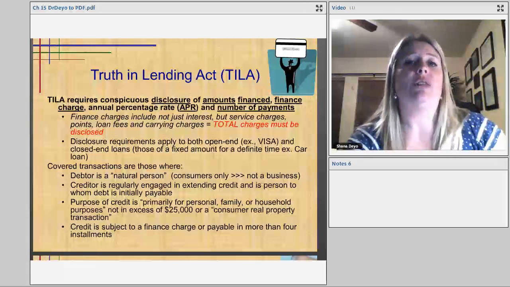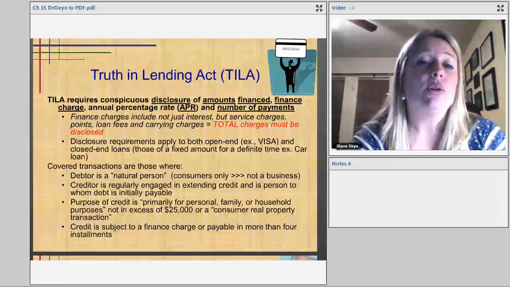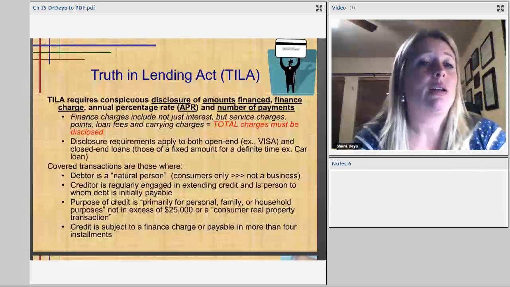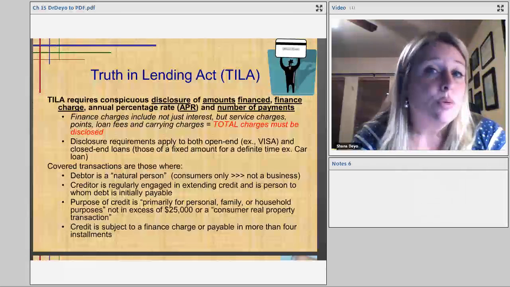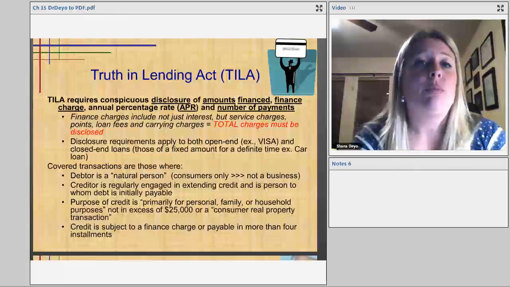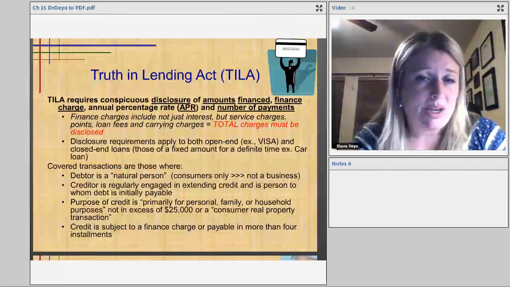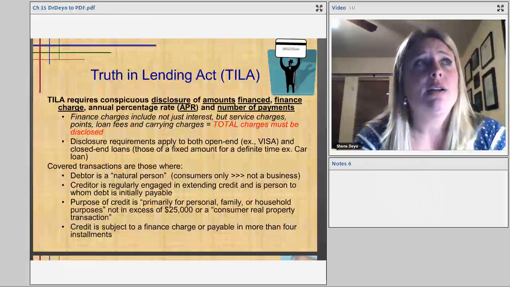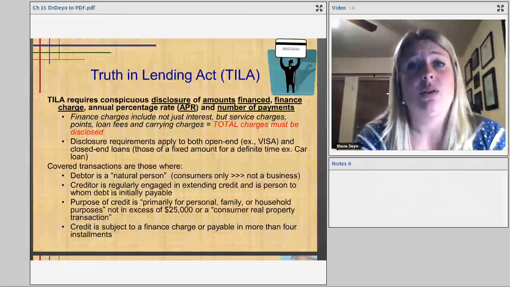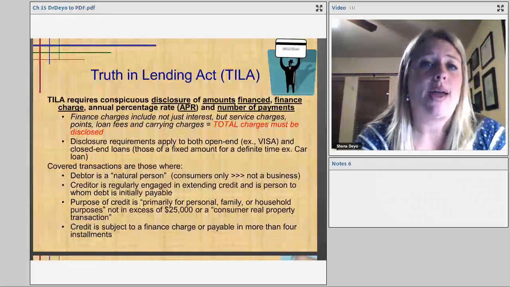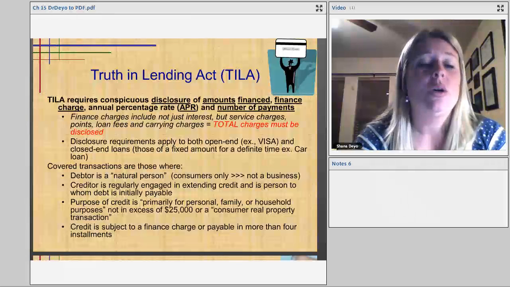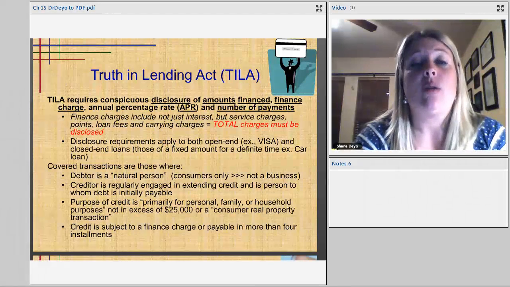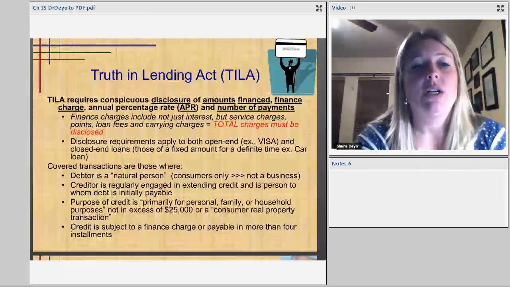They have to tell you all of that now. They have to tell you the amount you're going to pay, the amount you're going to be charged to make that credit payment, the annual percentage rate that you have to pay, and the number of payments it is likely to take you to pay that off if you pay the minimum payment. So they're very careful today to really let people know how much it's going to cost, because people were putting so much on credit and not understanding how much it actually takes to pay that off.